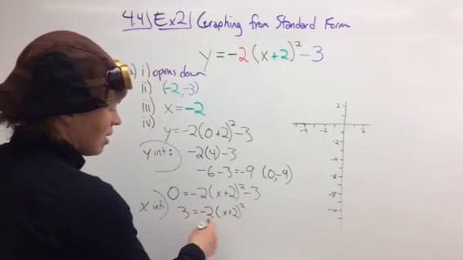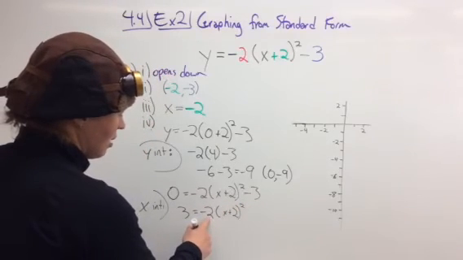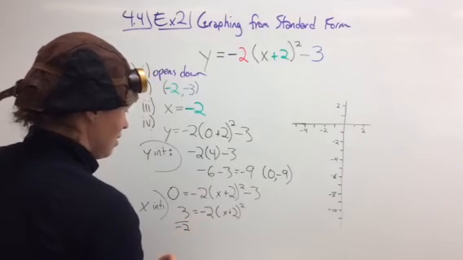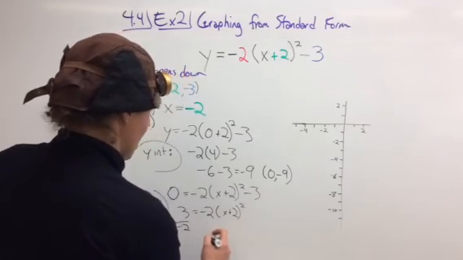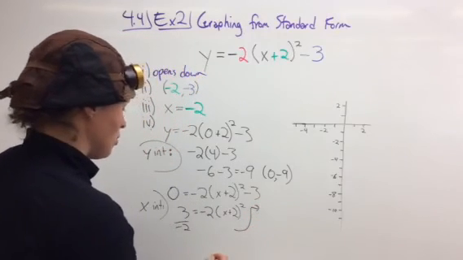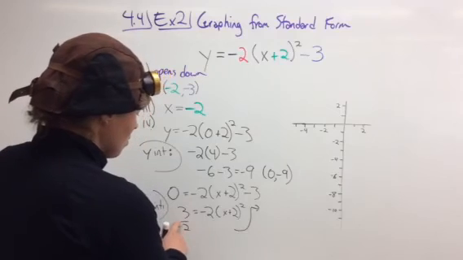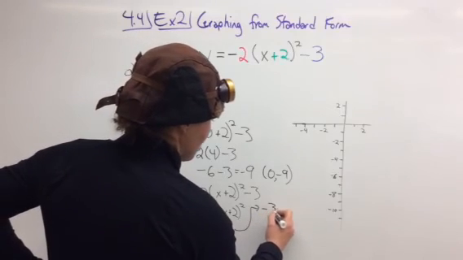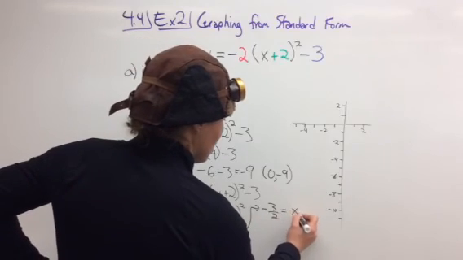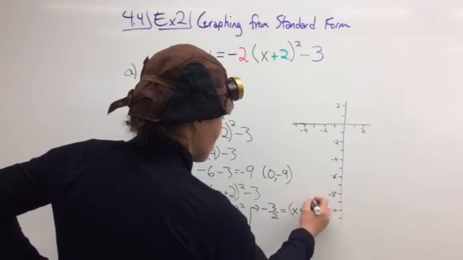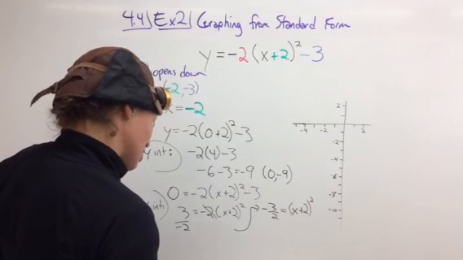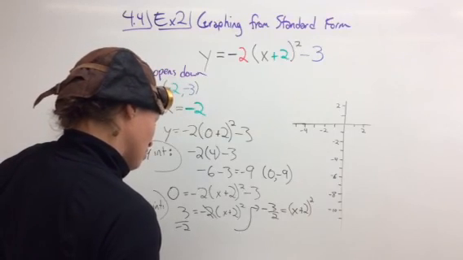So the next thing I can get rid of here is the negative 2. It's being multiplied, so I divide on that side. I'm just going to move my little equation up here to give myself a tiny bit more room. So 3 over negative 2 just gives me negative 3 over 2. And that's going to equal, this is gone now, (x plus 2) squared. So this is getting a little bit messy, but we can still work